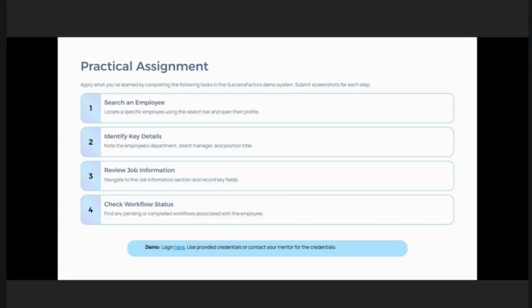That's how you will learn how to navigate through this system. I believe every one of you has understood what needs to be done, right? The goal here is not speed, of who finds the employee profile and gets the information faster. The goal is to get familiarity with the platform.